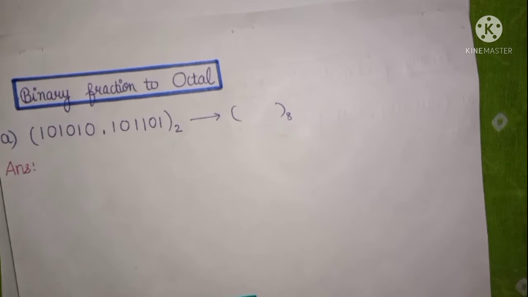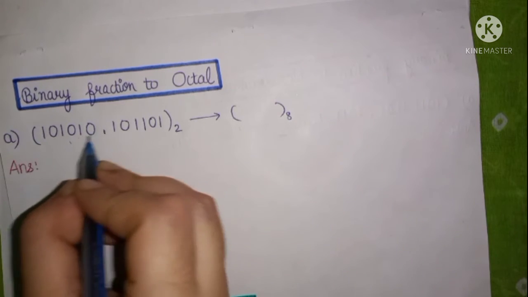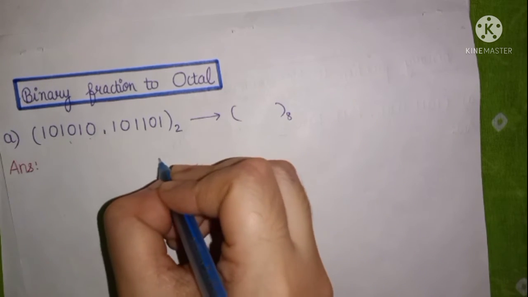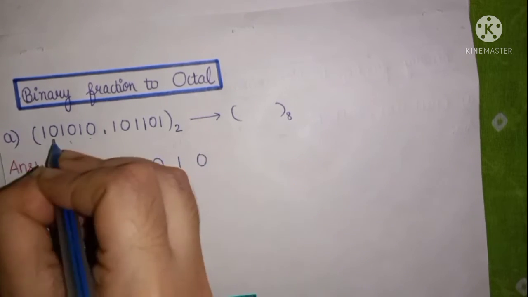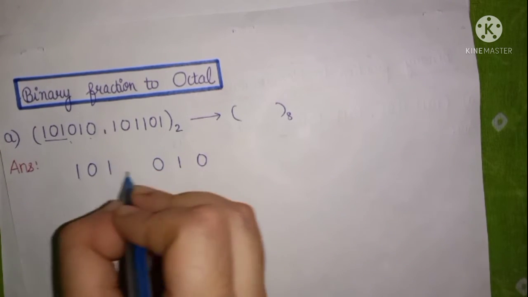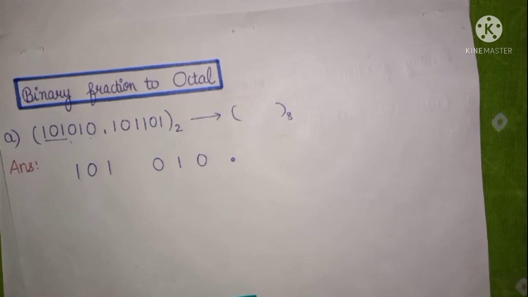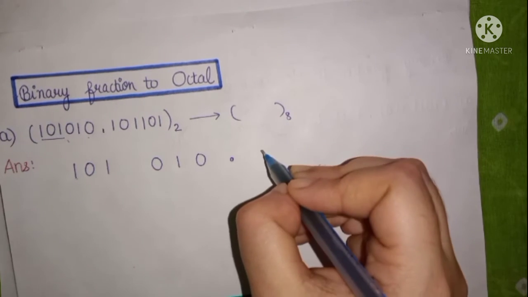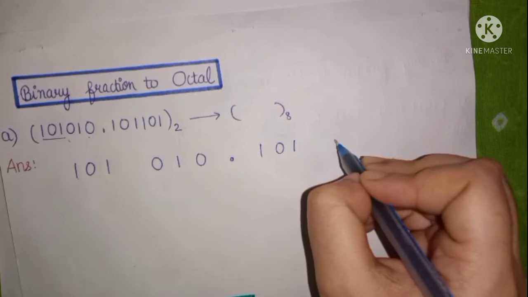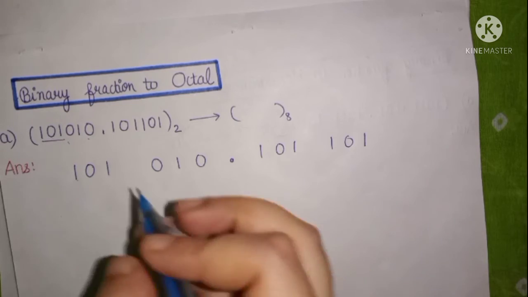Similarly, we have to write this number in 3-bit form, like before the decimal 0 1 0 and 1 0 1. It is 3-bit: 1 2 3, 1 2 3. Put the decimal. Similarly, after the decimal, divide into 3 bits, 1 0 1 and 1 0 1. Same, you have to do the 4 2 1 trick.